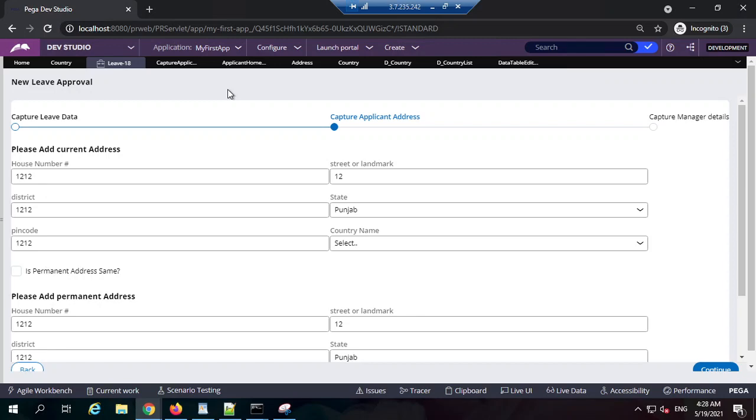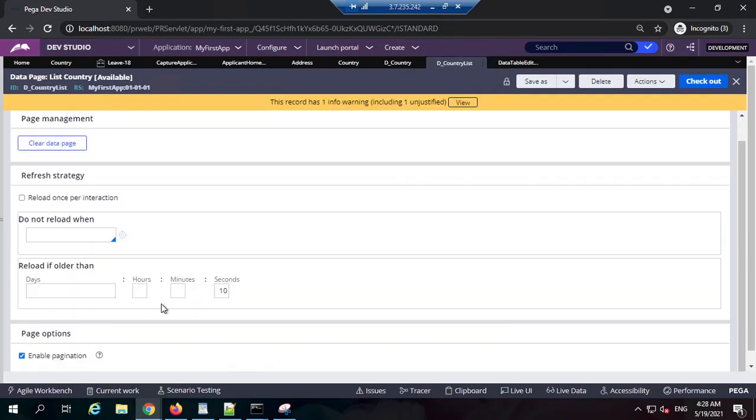After that I created Lee 19. What will happen if 1 minute is reached? If I created Lee 19 30 seconds later, it will check and see that I have to refresh only after 1 minute, so it will use the data from the clipboard. But if I create Lee 19 after 2 minutes, then it will reload it.